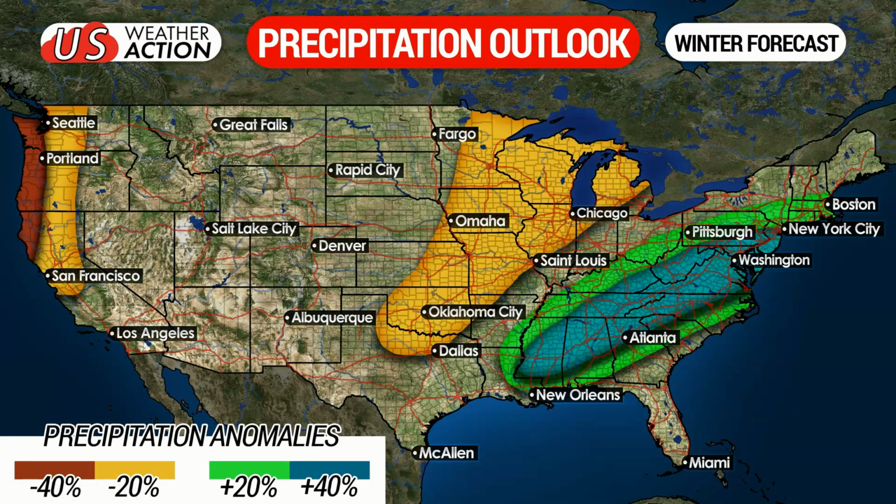Now jumping into precipitation, as you can see, right on the East Coast, 40% above average as far as precipitation. That is quite substantially above average from Mississippi to Alabama, heading up into the spine of the Appalachians into southern Pennsylvania, southern New Jersey, much of the Mid-Atlantic, and then our slightly above average precipitation from southern New England, pretty much just outlining the area of 40%, heading down into the southeast. And now, all these areas that you don't see any color shade in, that's where we expect about average precipitation,